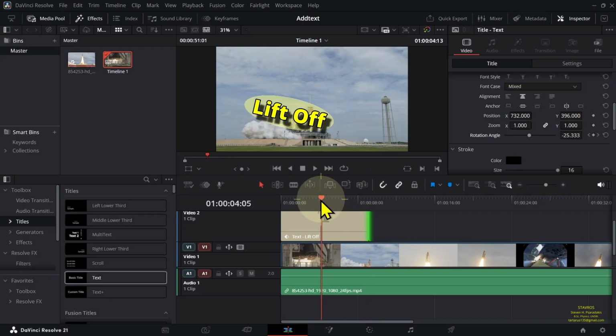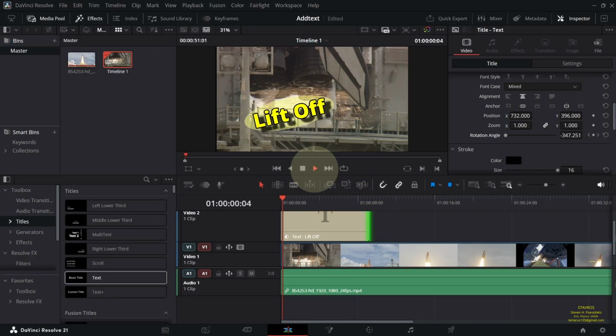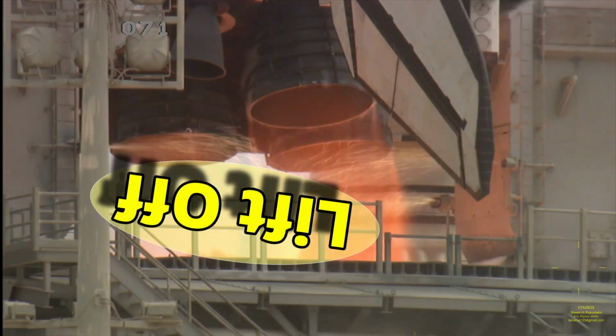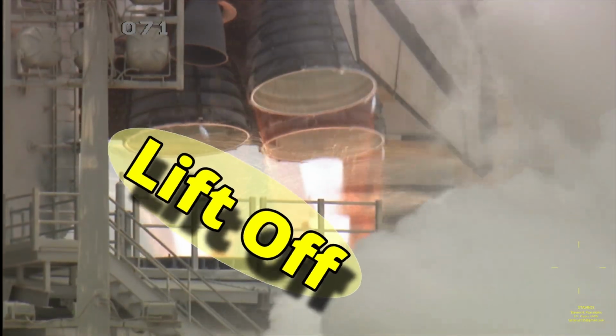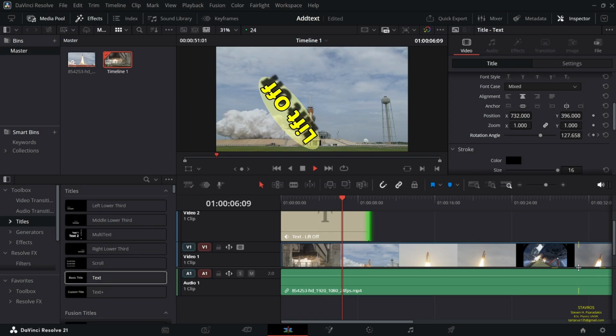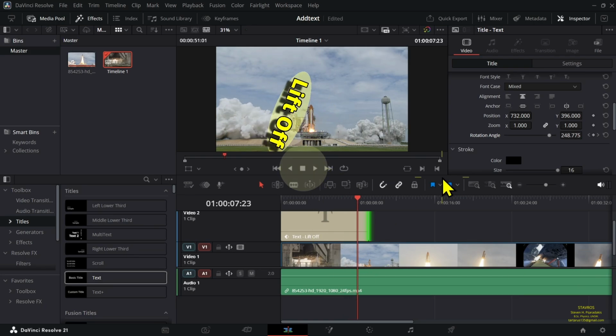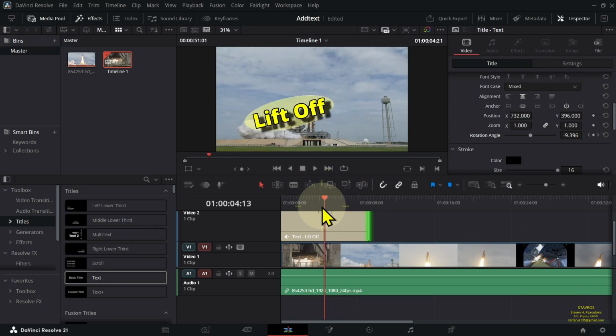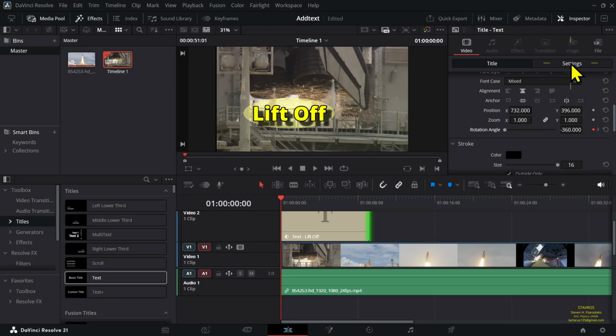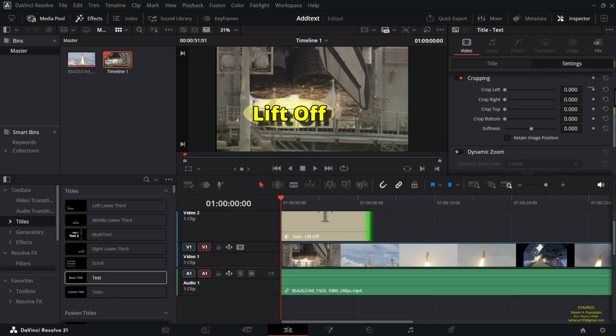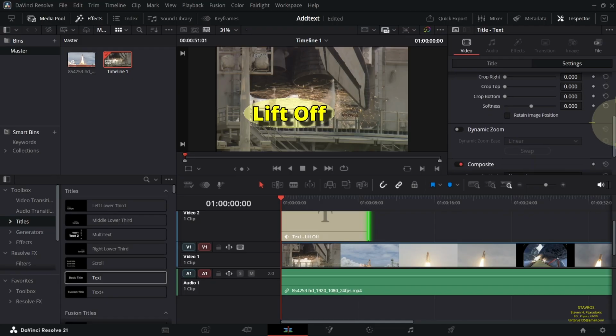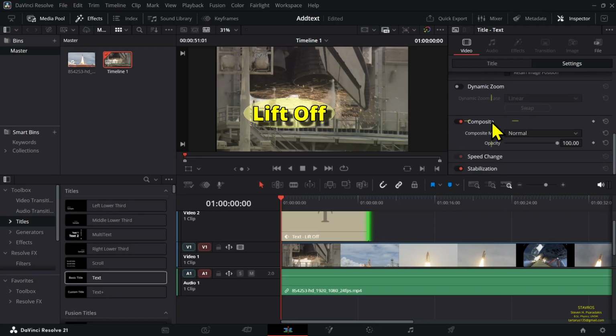Now let's see what happens here. We'll press play. And you notice the text rotating. Now we can add other effects. Go to Settings, left-click Settings, Composite. Okay, looking at opacity,